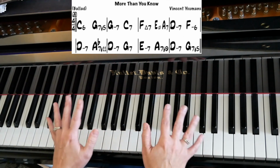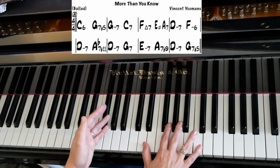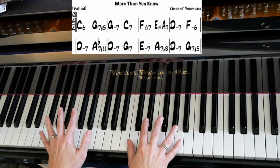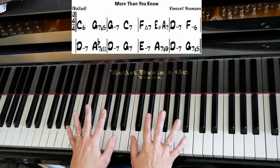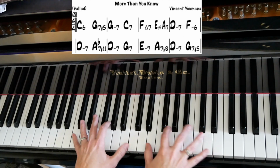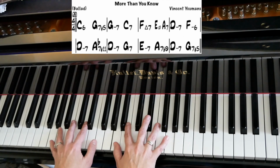I could, and it kind of sounds pretty good, I guess, but it might be overkill. You definitely want to use your discretion to avoid carrying out every idea. I'm calling it my musical OCD. You want to know when to stop. So be aware of that. But there are all kinds of things you can do within this kind of practice of choosing an altered dominant,